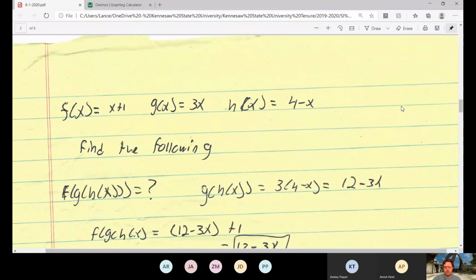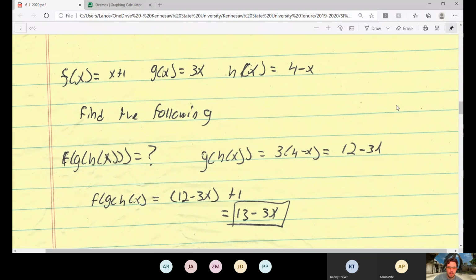All right, and a lot of y'all were struggling on this the last time. So we're going to go over some of this. So f of x equals x plus 1, and g of x equals 3x, and h of x equals 4 minus x. And this right here, f of g of h of x, is the same as